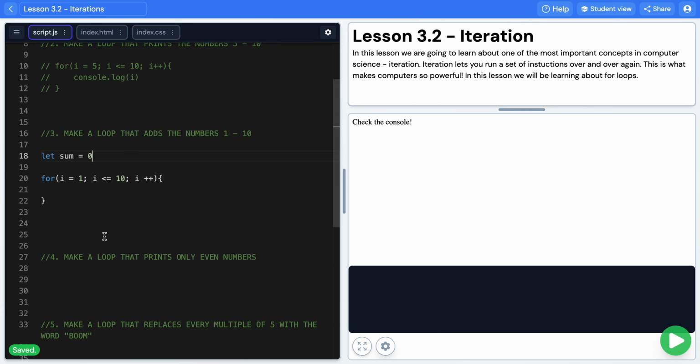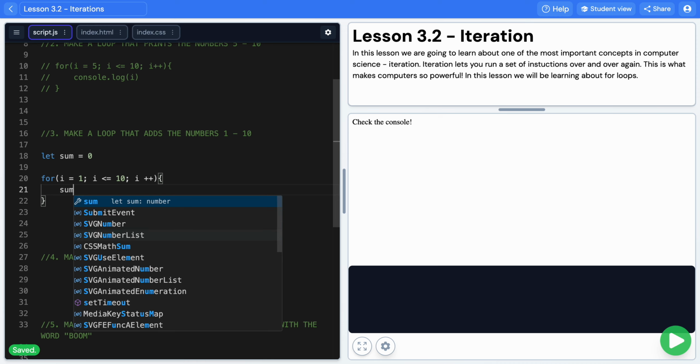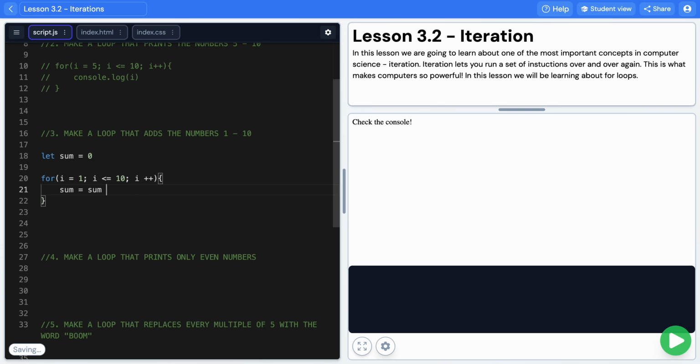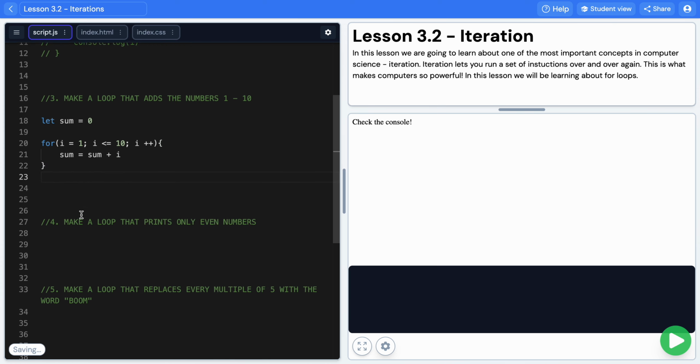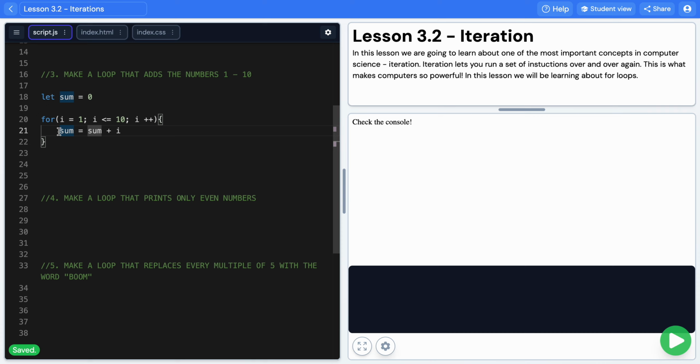We have nothing there. Now, for each time that we run this loop, what we want to do is add whatever I is to that number. So I'm going to say sum is equal to sum plus I. And what that is saying is take the sum, right, and set it equal to itself plus whatever I is. So let's see if this